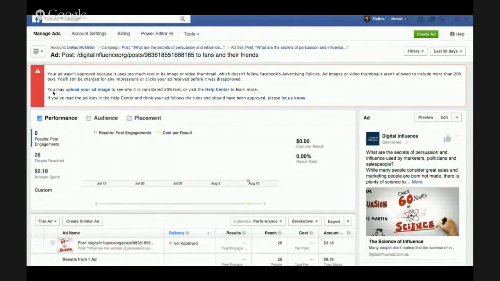So I put this in last week, and it's worth mentioning again. One of the key things with Facebook ads, whether you're promoting a post or creating a separate ad, is that you can't have too much text. And to add to that, images are super important. Images are one of the most important factors that will determine whether people will click on your ad or not. And then when they click on your ad, you want them to go to a landing page or an opt-in page that has the same type of image on that page.